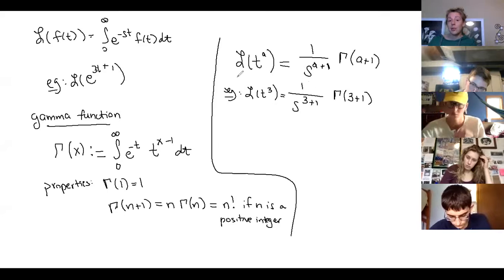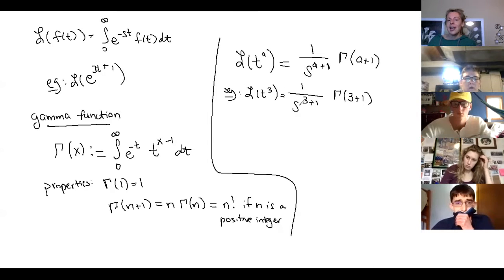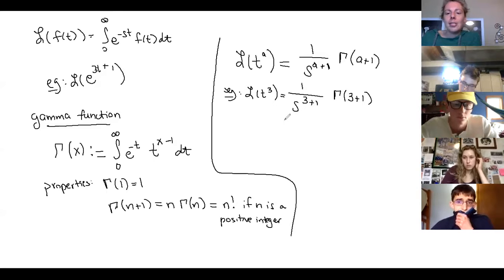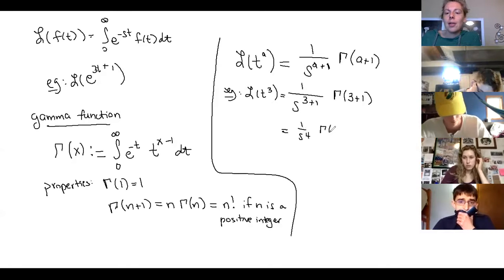Remember what the Laplace transform does. It takes as input a function with t's in it, and it outputs a function with s's in it. That's what a Laplace transform does. Again, I get that you don't care about this for differential equations yet. I totally understand that. If we simplify, this is going to be 1 over s to the 4th, gamma of